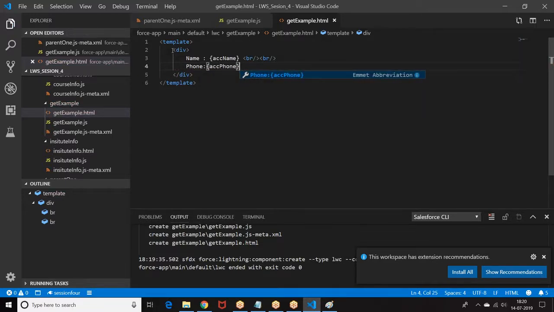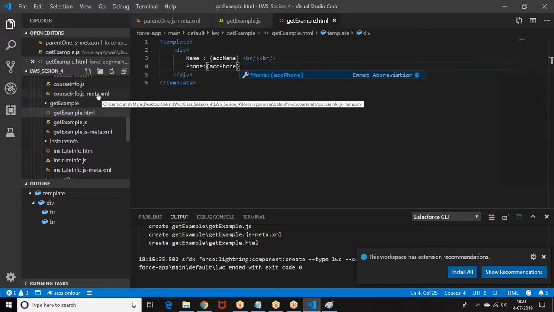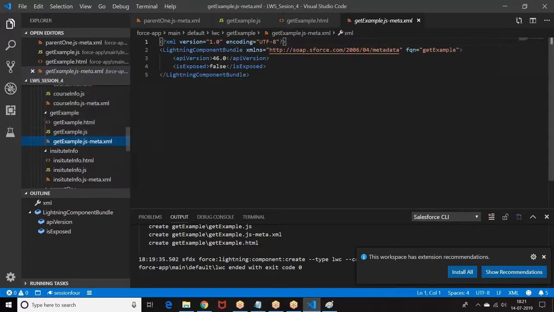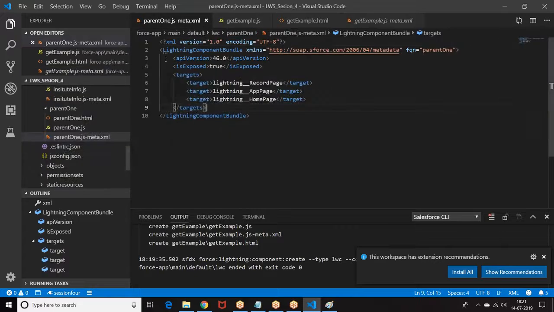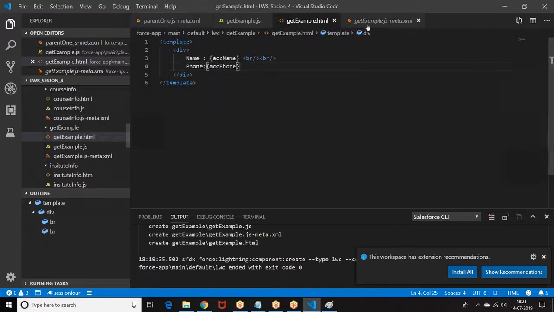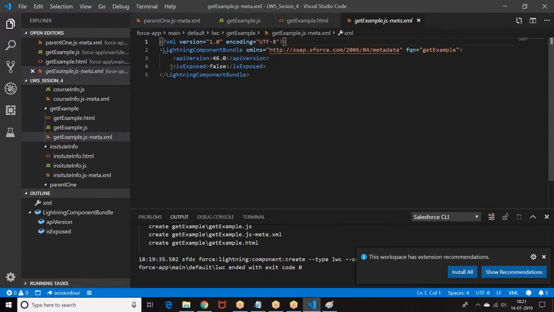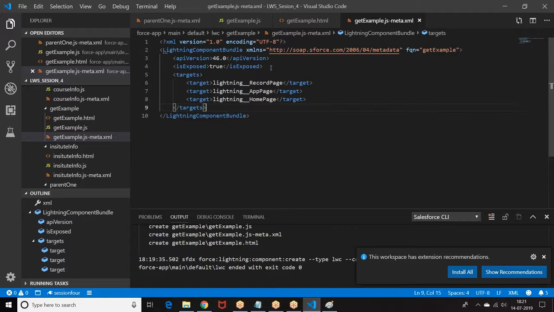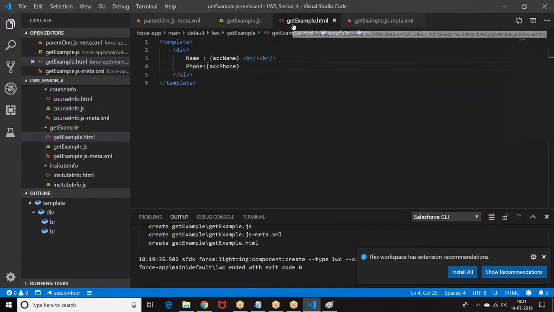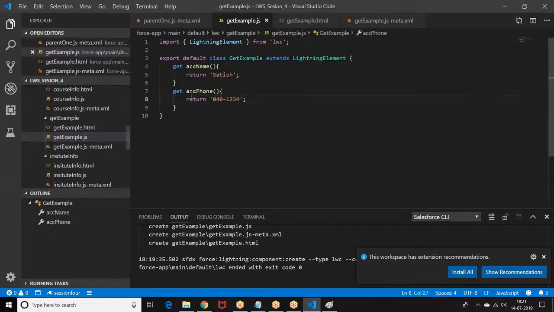So this is a getter function, and we are using the getter function here just to demonstrate how the getter function works. The way you write getter methods and setter methods in the Apex class, similarly in the Lightning component also we have getter methods and setter methods, component.get attribute, set attribute. Similarly, in Lightning web components, if you want to use a getter method, this is how we give get, the property name, then the value.